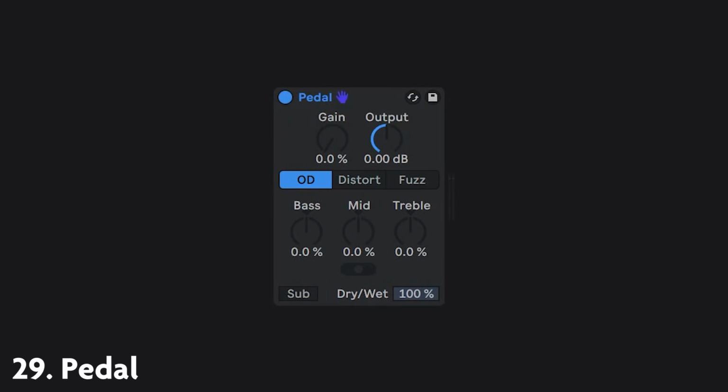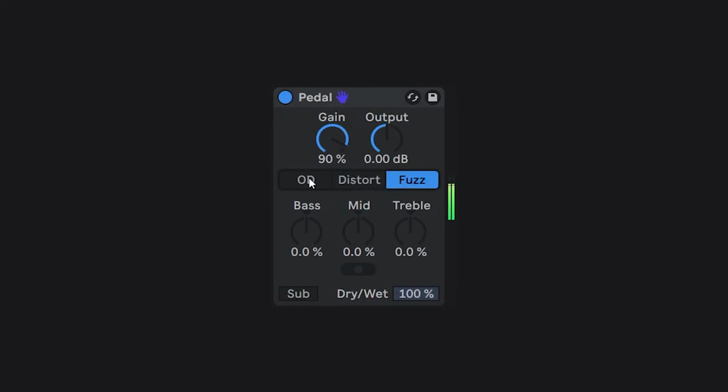Pedal. Pedal is a guitar distortion effect. The gain controls the amount of distortion applied to the dry signal. You can choose between 3 different pedal types: overdrive, warm and smooth, distortion, tight and aggressive,